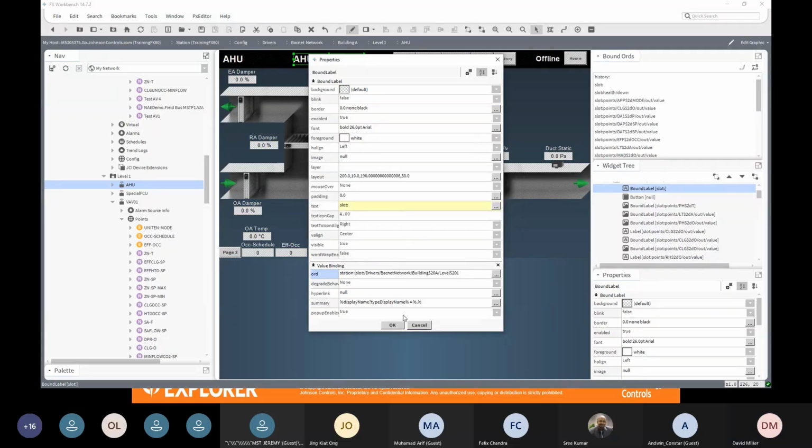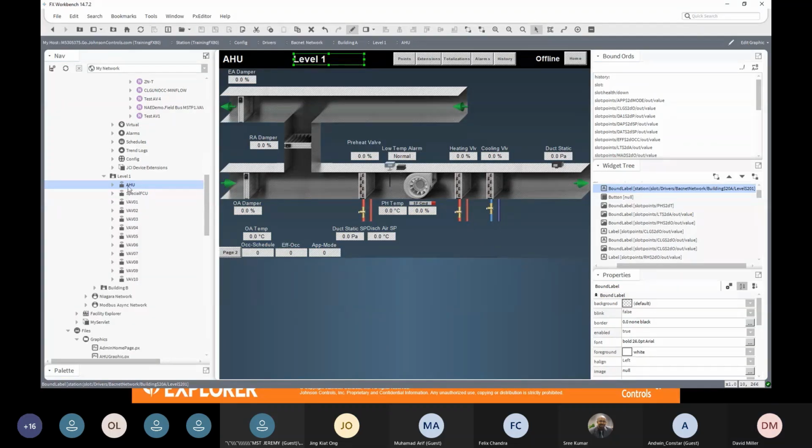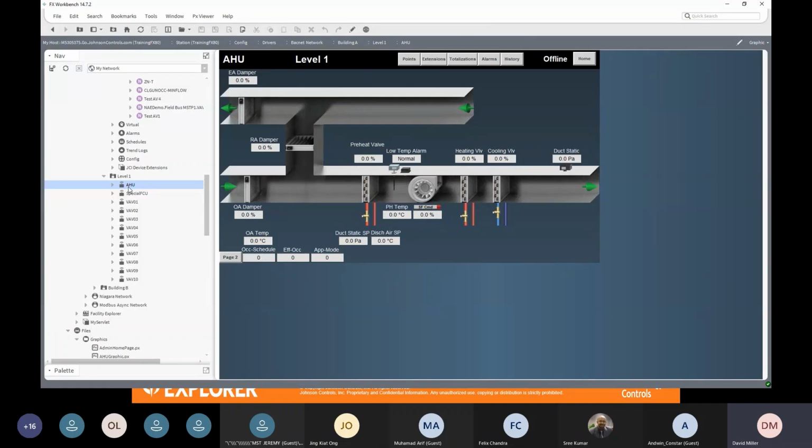Okay. It's level 1, so it's the AHU level 1. We save it. Okay. So AHU level 1,